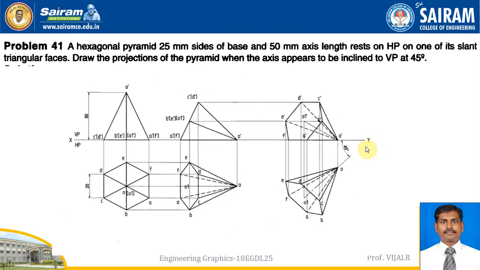So by keeping a line at 45 degrees to the reference line, copy OO1, OD, OE, whatever it is, make an arc all over, and from one point we can measure the distance. From the center point you can measure all, you can cut it, you will draw the hexagon. The same should be replicated here. There is no change of hidden lines and visible lines, all should be the same.